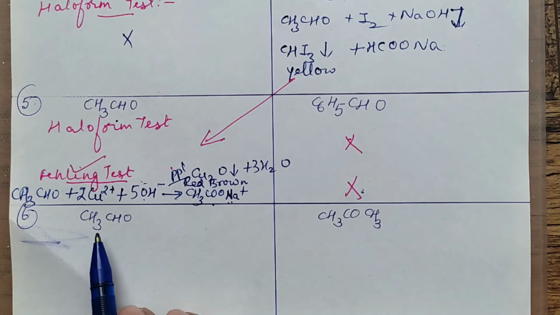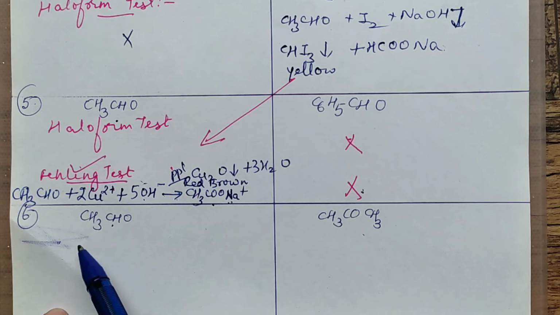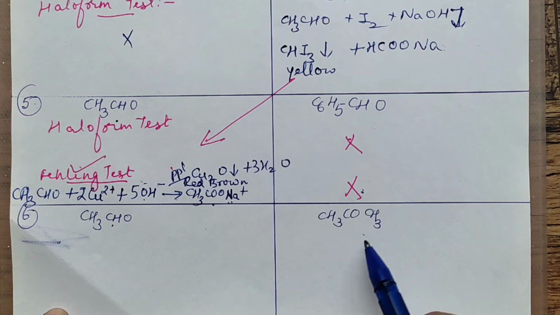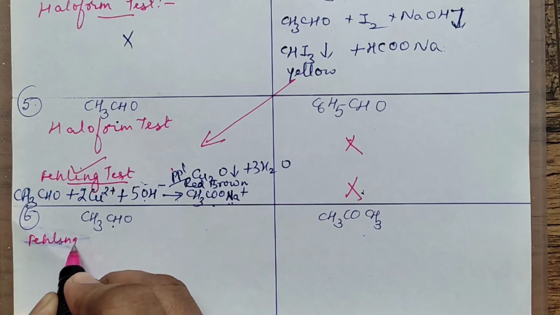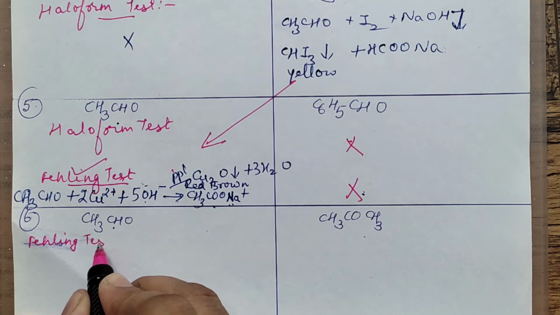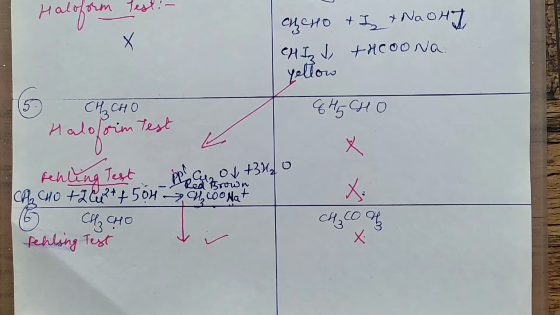Now the next one. This is acetaldehyde, and this one is acetone. Can we use haloform? Think over it. No, we cannot, because in aldehydes only acetaldehyde gives the test, and acetone also gives it because it is a methyl ketone. So haloform will be given by both; you cannot use it. Can we use Fehling's? Yes, you can use Fehling's test, which is given by acetaldehyde. You copy down the same equation here. Acetone will not give it.